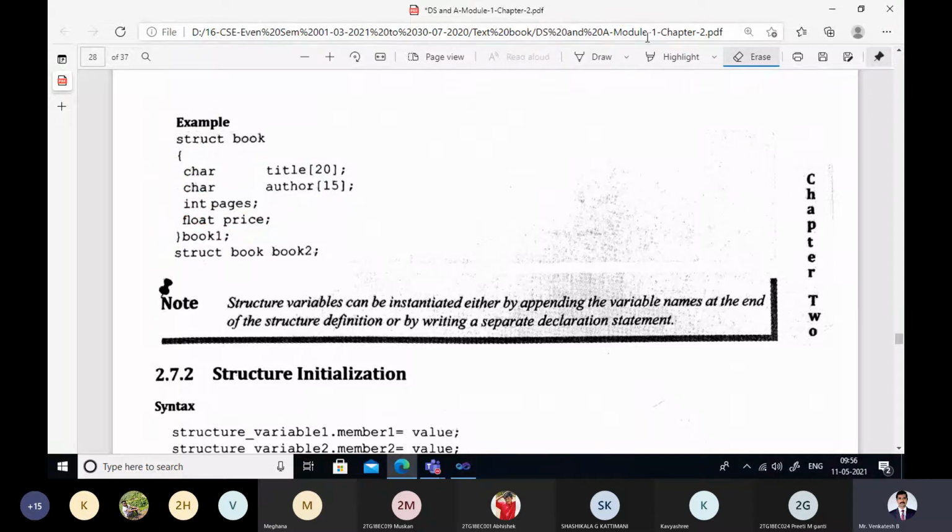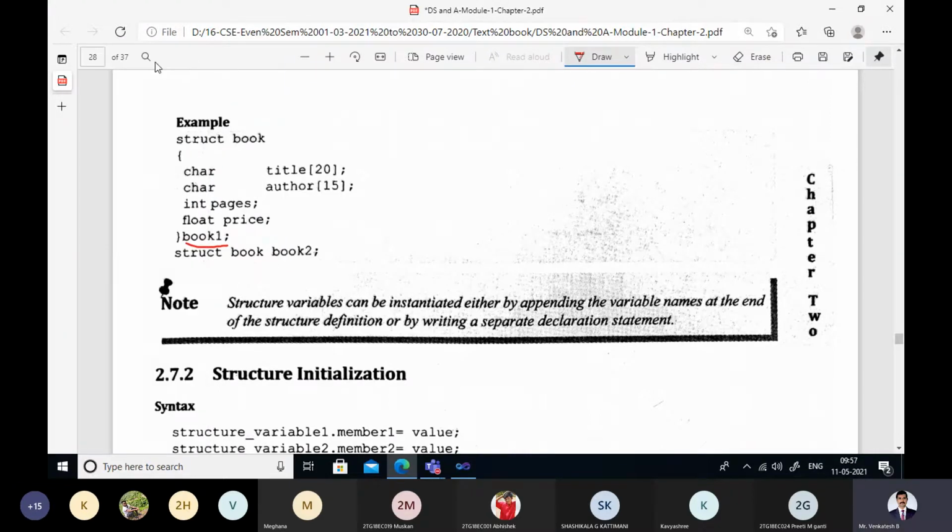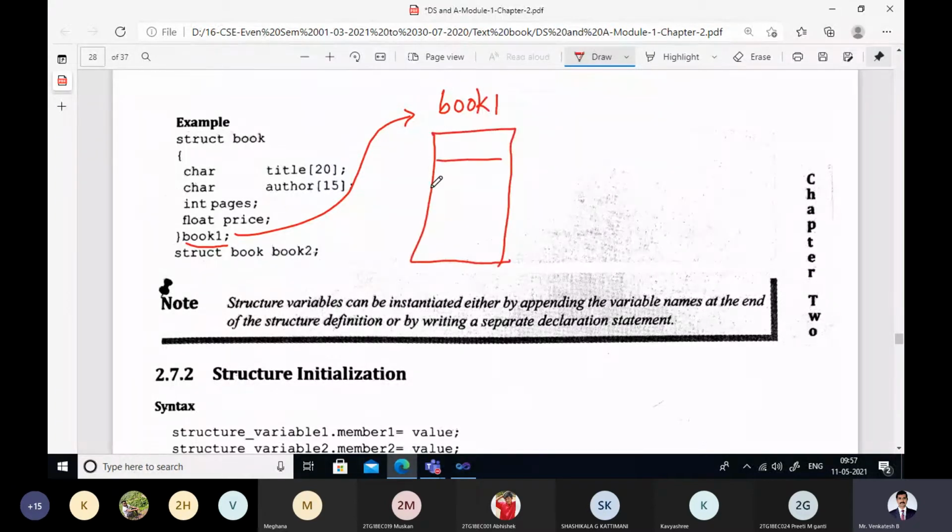Now, after these details, this is where we have declared a structure variable. Book 1 is a structure variable. With these statements, the book 1 structure variable will get created, which has memory reserved for all the members of the structure.